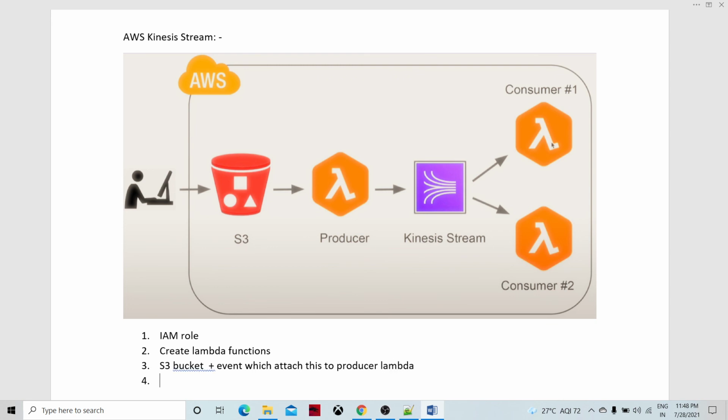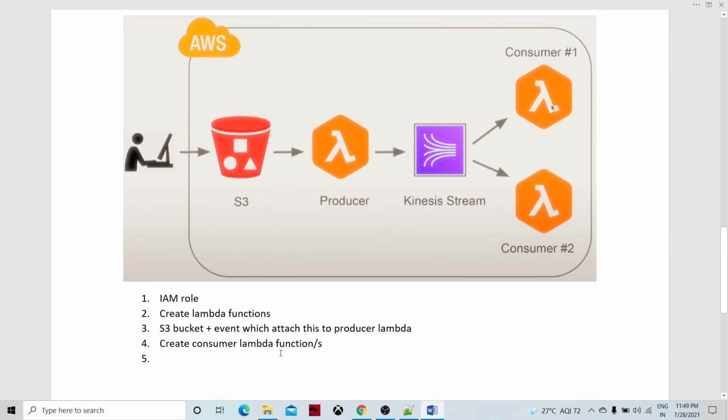What is the first step? The first step is to create the consumer Lambda function or functions, one or more. Whichever number you need, you can create that many consumers.